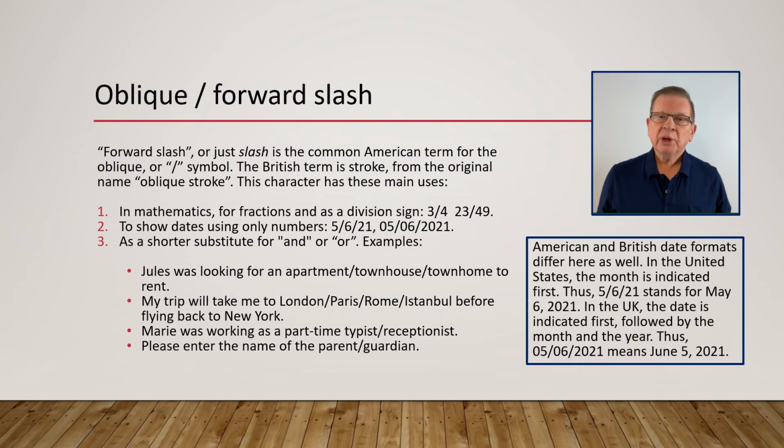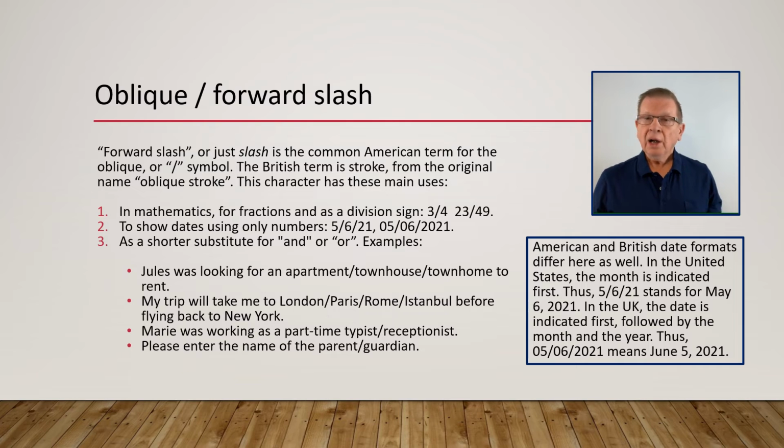The last punctuation mark we're going to talk about is the oblique. The slash (/) is the common American term for this symbol. The British term is stroke, from the original name oblique stroke. This character has 3 main uses. Number 1, in mathematics, for fractions and as a division sign: 3/4, 23/49. Number 2, to show dates using only numbers: 5/6/21 or